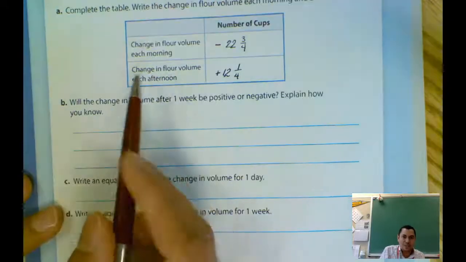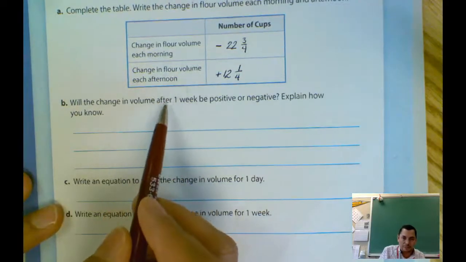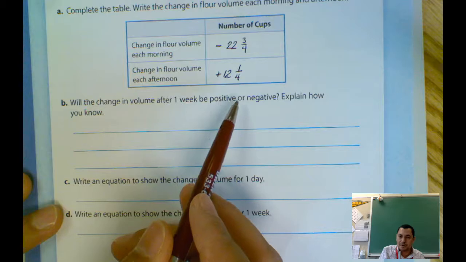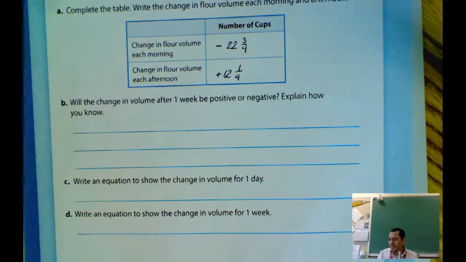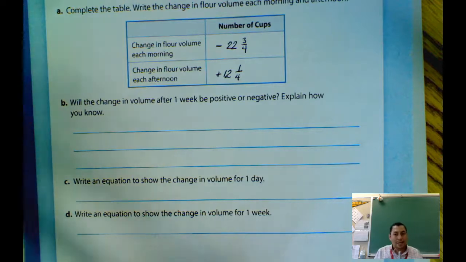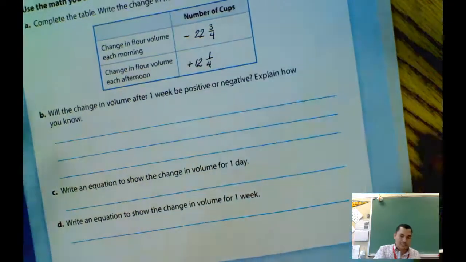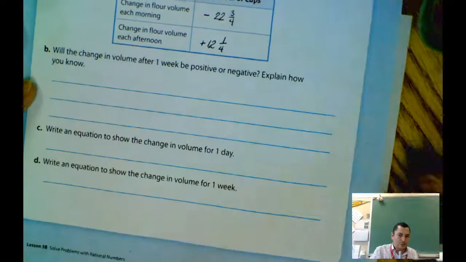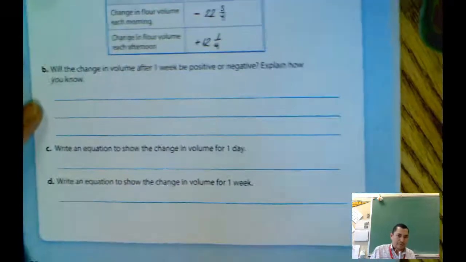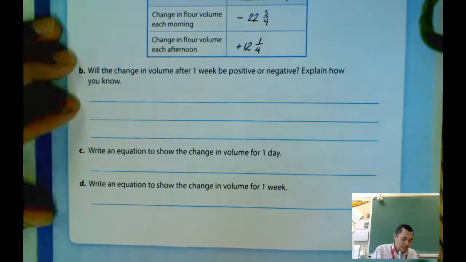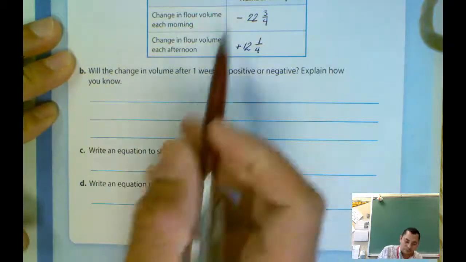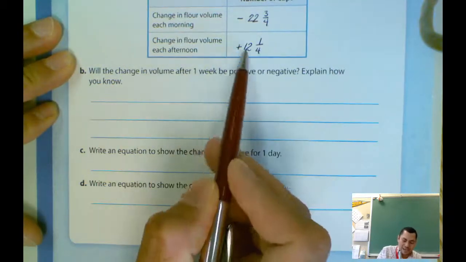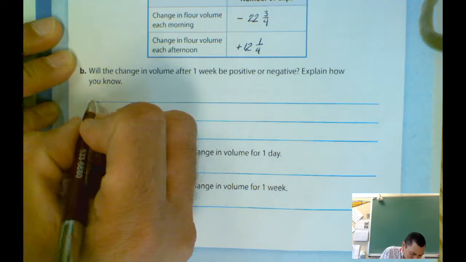Will the change in volume after 1 week be positive or negative? Explain, how do you know? Remember that every time we explain, we're going to give a reason why it's happening. So in this case, I'm going to move my camera here a little bit. Let's see if I can get this one. Yes. So with more cups, in this case, we know because it's 22 against 12. So more cups of flour